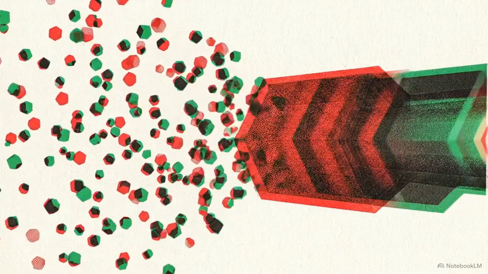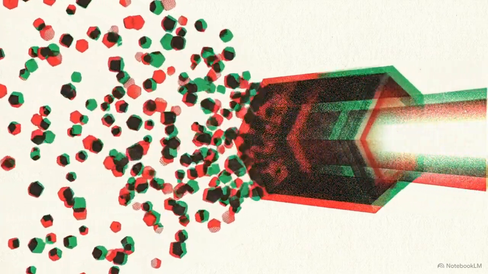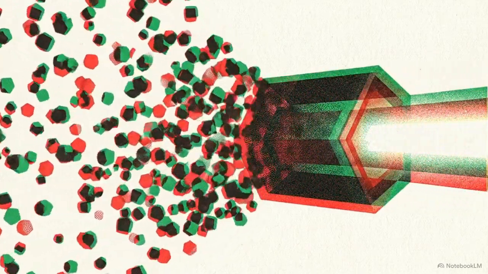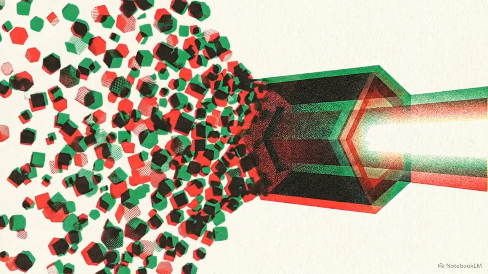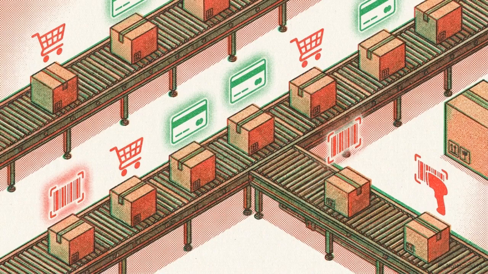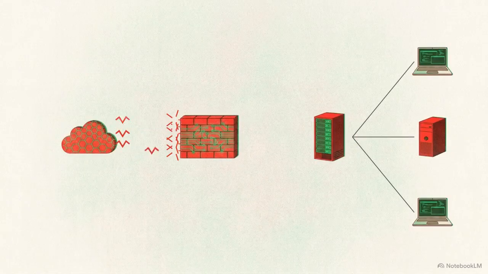Raw network bandwidth means nothing without structure and purpose. The upper tiers of the OSI model, layers 5, 6, and 7, take chaotic streams of data and convert them into actionable, secure business services. In this briefing, we will map how these application layers drive your e-commerce operations, dictate the limits of your network